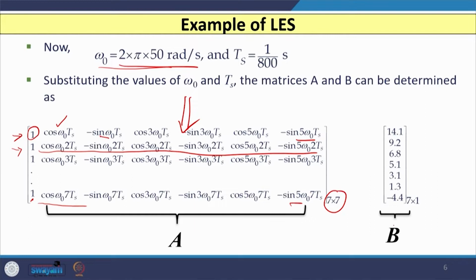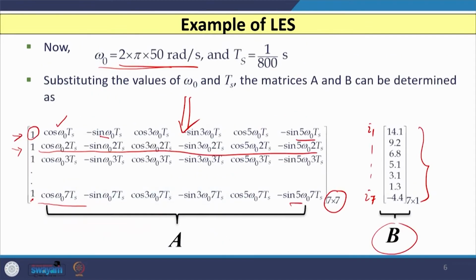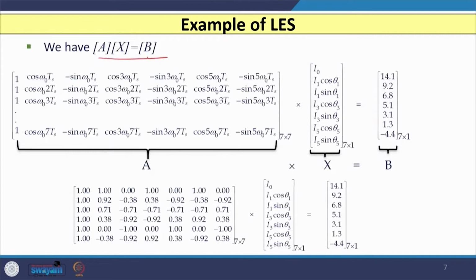On the other hand, if I consider the B matrix, it contains your sampled values. It starts from I 1 and goes up to I 7. Here I 1 is 14.1 and I 7 is minus 4.4. Accordingly, you have the matrix B, the size of which is 7 cross 1. Now, if I use this relation A x is equal to B, then our unknowns x are also 7,